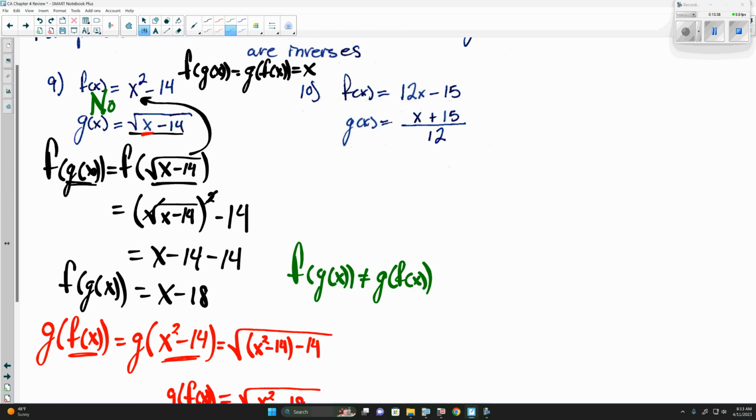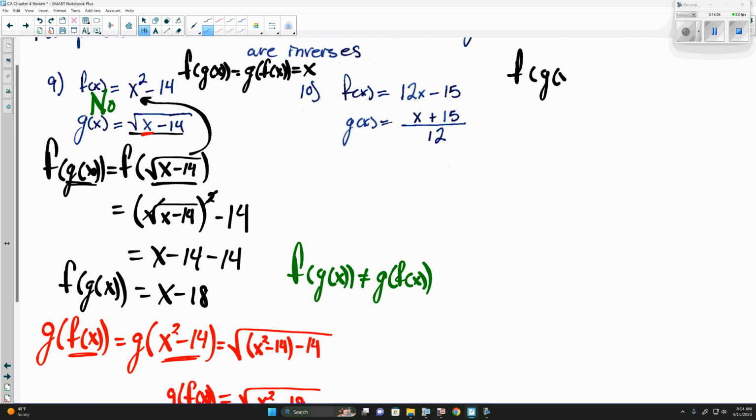And for the most part, I could have found that out after we did the first one, because if one's not equal to x, the other one's not going to be equal to x, so it's not going to work. But I do want you to at least do both on the test, show me both, and then tell me if they are or not inverses. Because if we did the other one,